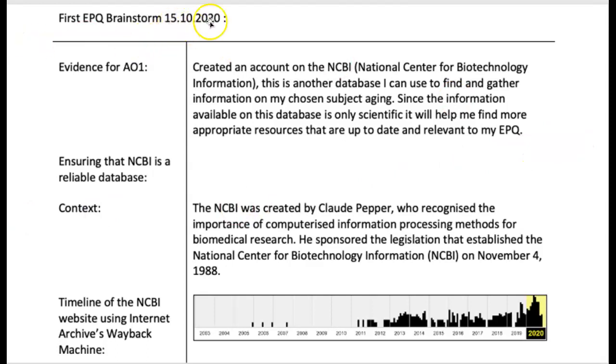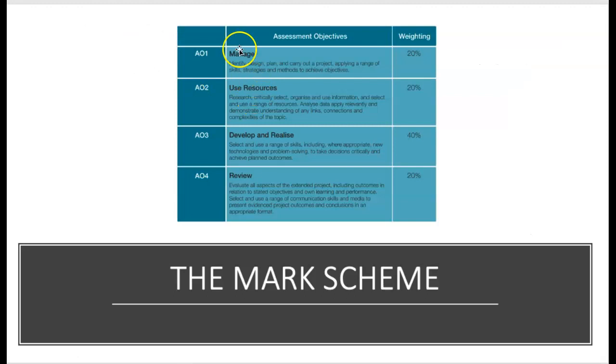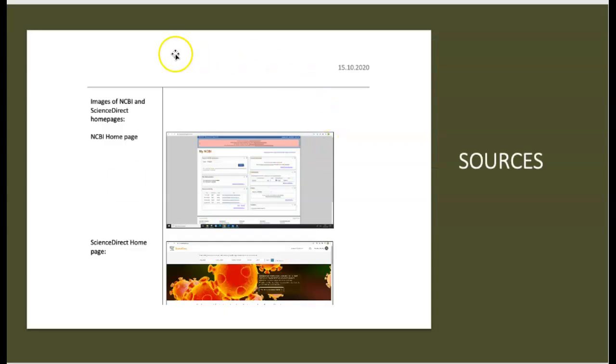You can see this comes from this month. And already he's keeping a journal. He's using the Cornell notes format that I've taught him. And he's keeping important dates and important ideas, which he will use as evidence for the planning, which I spoke of over here. Once again, you can see he's also keeping a very good list of the sources that he's using.